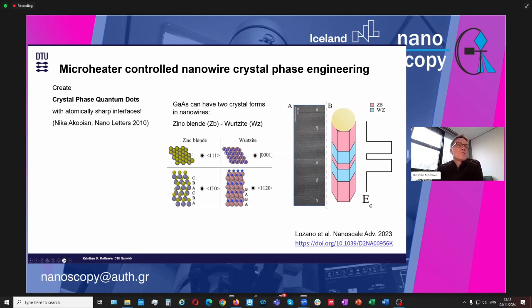And if you shift between these two crystals, you can create regions with a different band gap than the rest of the nanowire. That means if you shine a laser on it, the laser can be tuned to only interact with a specific part of the nanowire. And because it's a crystal phase change, it's got atomically sharp interfaces. So this makes it possible to make extremely small quantum dots and extremely well-controlled quantum dots that are not really